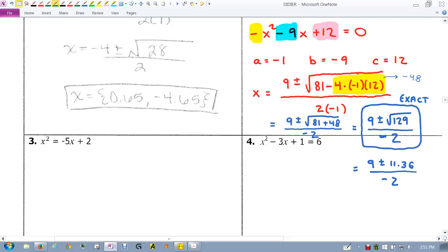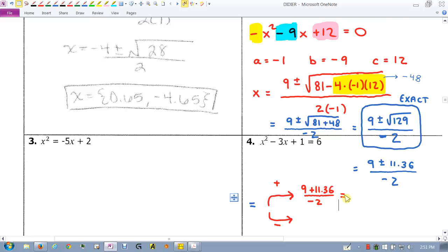And now we actually have to figure out what these two answers are, because there are two answers here, right? 9 plus that number, 9 minus that number. So I'm kind of out of room, but here's the way I like to write it. I like to say equals, and then I like to do 2 different scenarios, so I do 2 arrows coming off of this. Here's what's going to happen if I treat it like a plus, when I say it, I'm talking about this plus or minus. The top one is going to be if it's a plus, the bottom one's going to be if it's a minus. So if I do plus, I'm doing 9 plus 11.36 over negative 2,